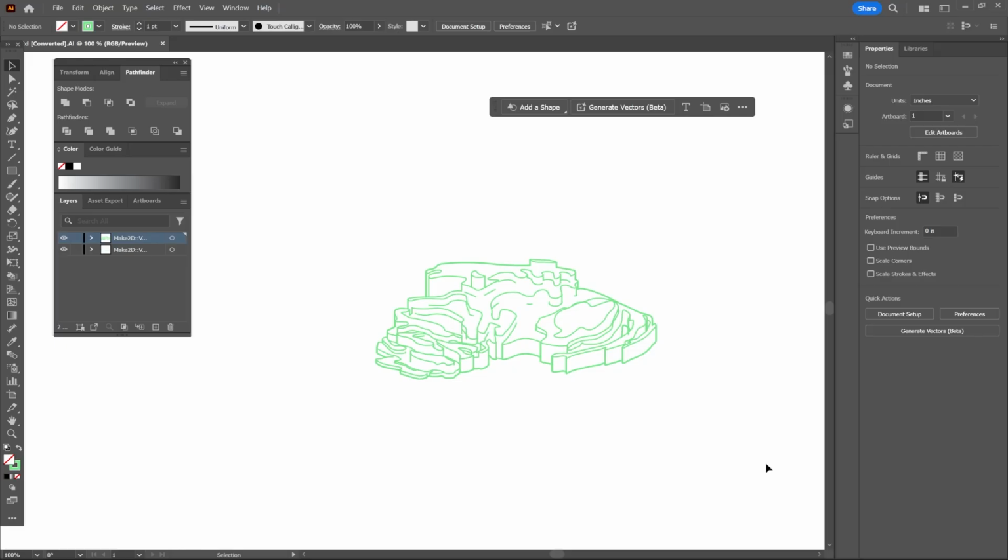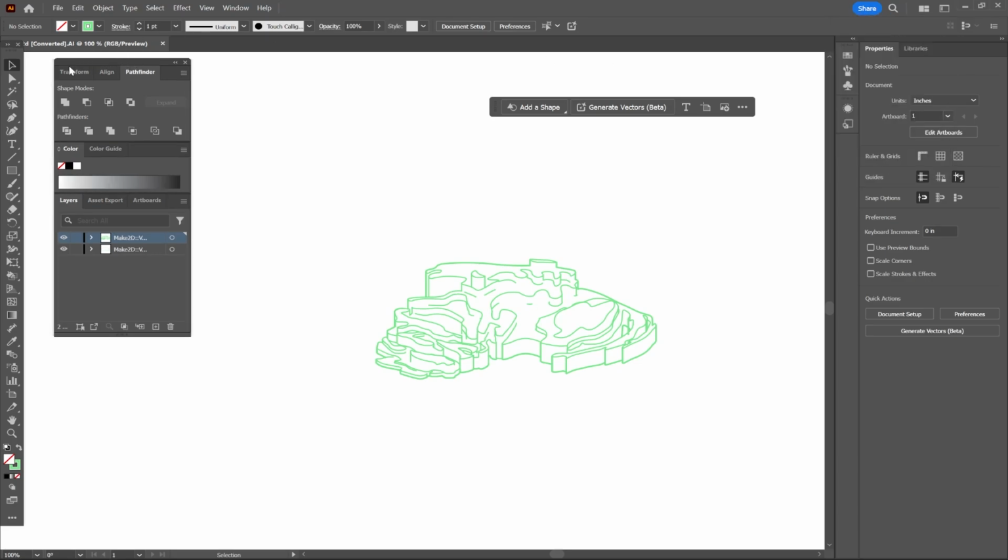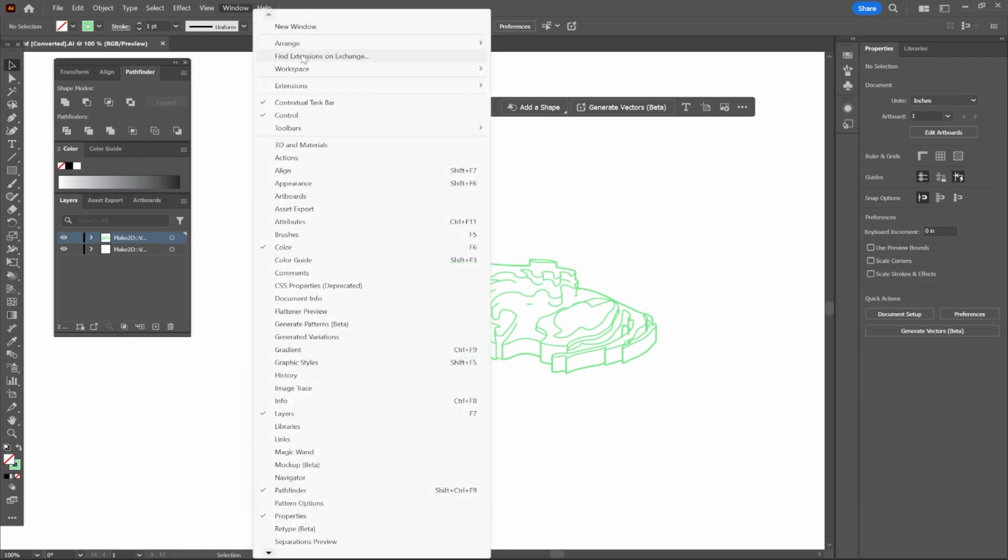Now I've opened up that file that I exported as an Illustrator file from Rhino. The first thing that I want to point out is that my Adobe Illustrator interface might look different from yours. As always, the option to switch your workspace layout is up here on the right where it says Switch Workspace. You can use all these different presets. I use Essentials Classic, but I do have a few things popped up and moved around. This is how I have my workspace and how I've come to it over time. Of course, if you ever want to find these windows, you can always go to Window up here and find which one you want. I have the Layers, Color, Pathfinder, and Properties open.